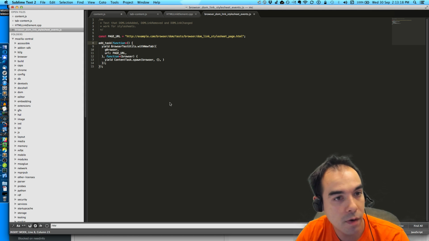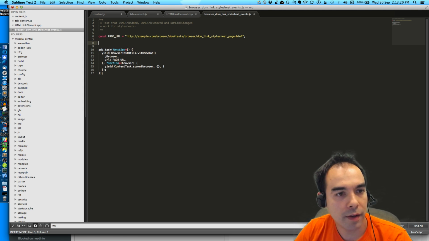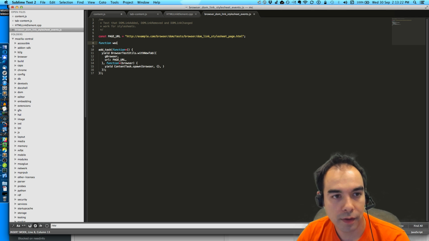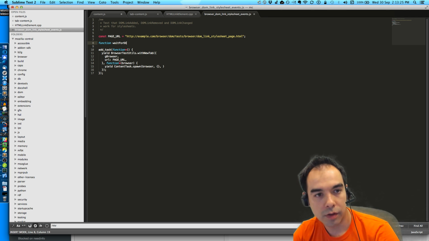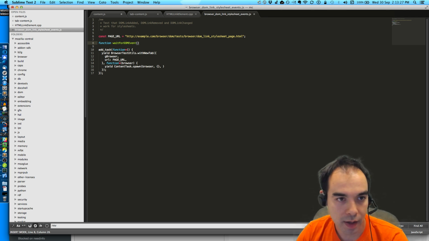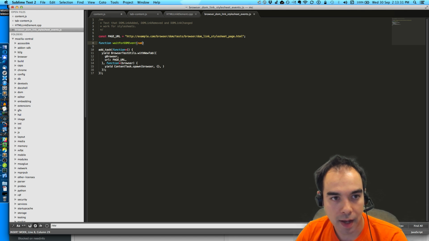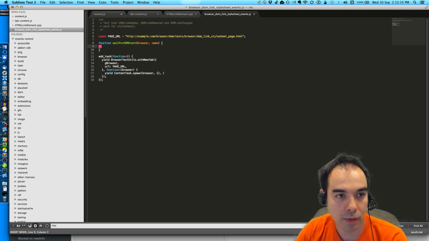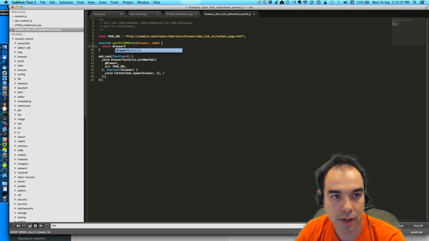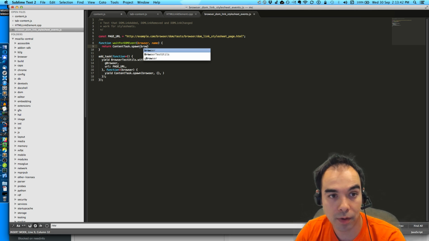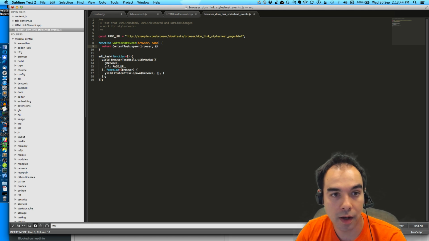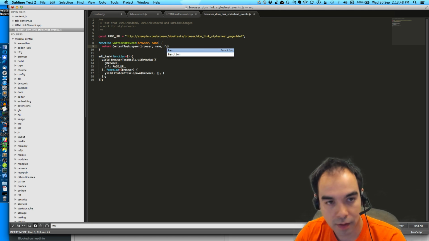So I'll create a function called wait for DOM event, and I'll give it a name, and then our browser. Then we'll return content task dot spawn browser, and then we'll pass the name down.